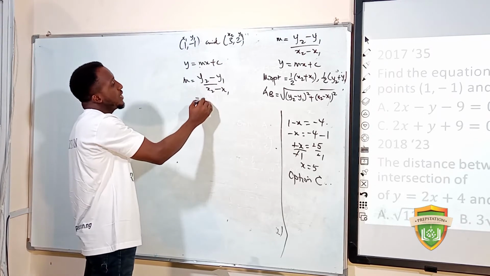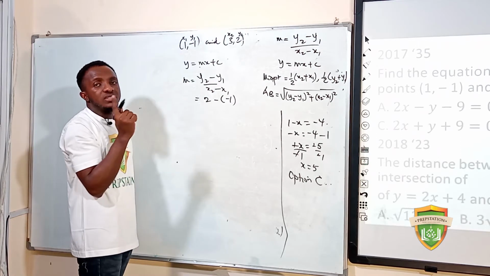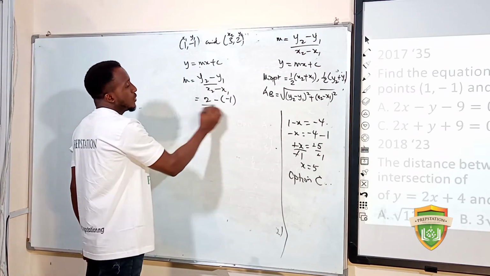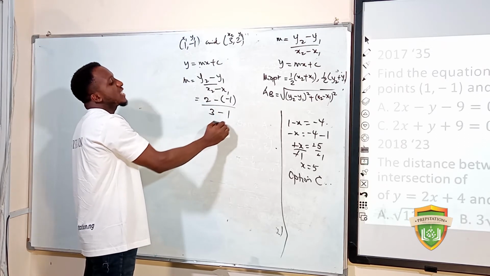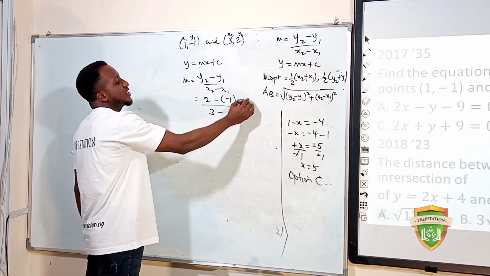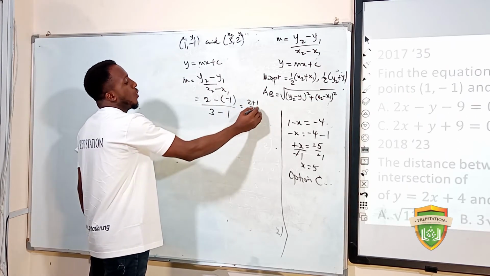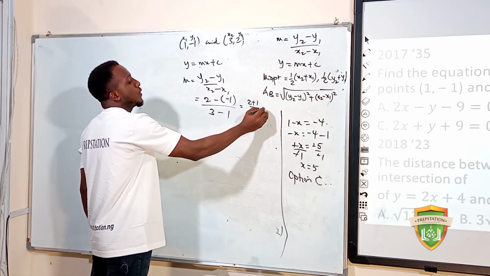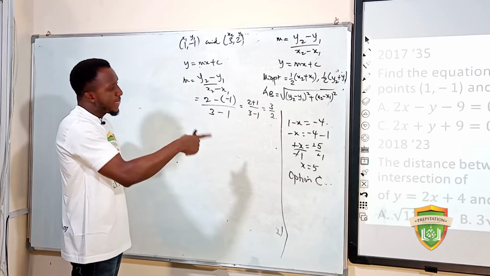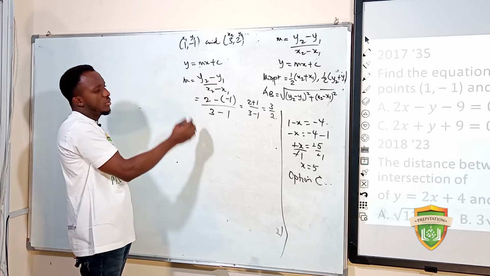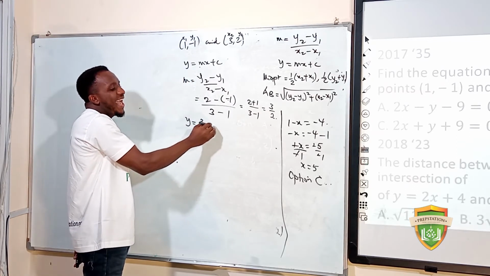So y2 is 2 minus y1 which is minus 1. Always learn to use brackets. It will help your work. Now x2 is 3 minus x1 which is 1. So this is 2 plus 1. Minus times minus is plus, over 3 minus 1. And 2 plus 1 is 3, 3 minus 1 is 2. So this is the gradient. Now, if we put this into this equation, we're going to have y equals 3 over 2 x plus